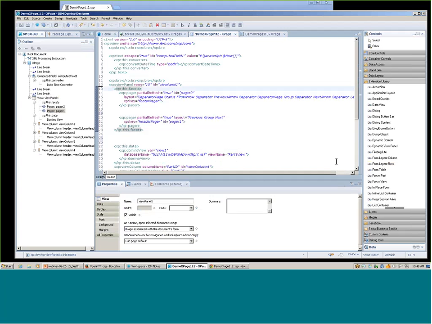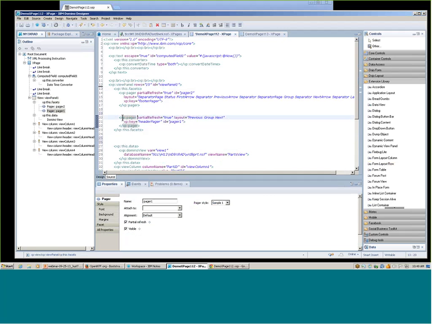So for my view panel control, and this is the tag for my view panel control, it has these facets. It has 2 facets. It has a pager that's assigned this attribute, xp:key equals footerPager. So this particular pager is in the footerPager facet. It has another pager control with an xp:key headerPager, and that one's in the header.